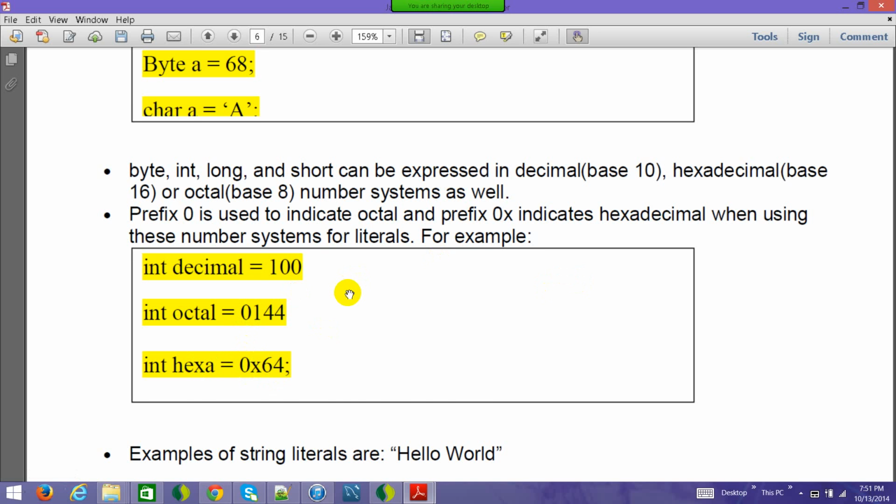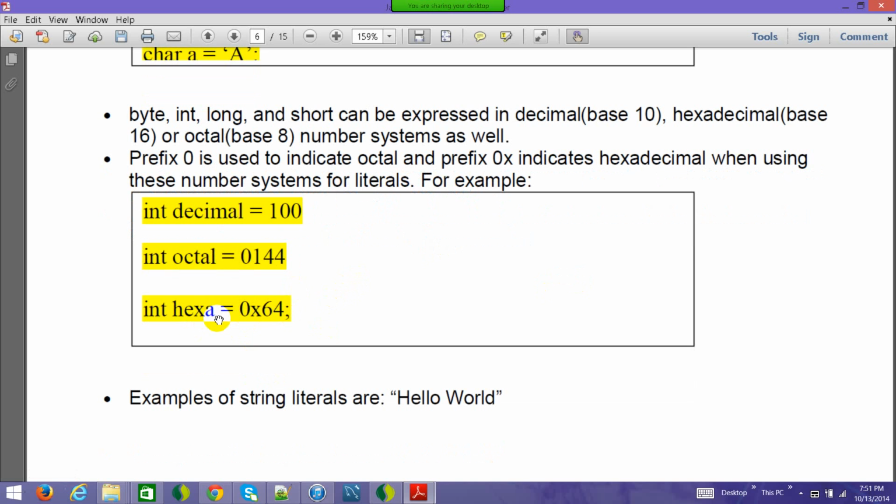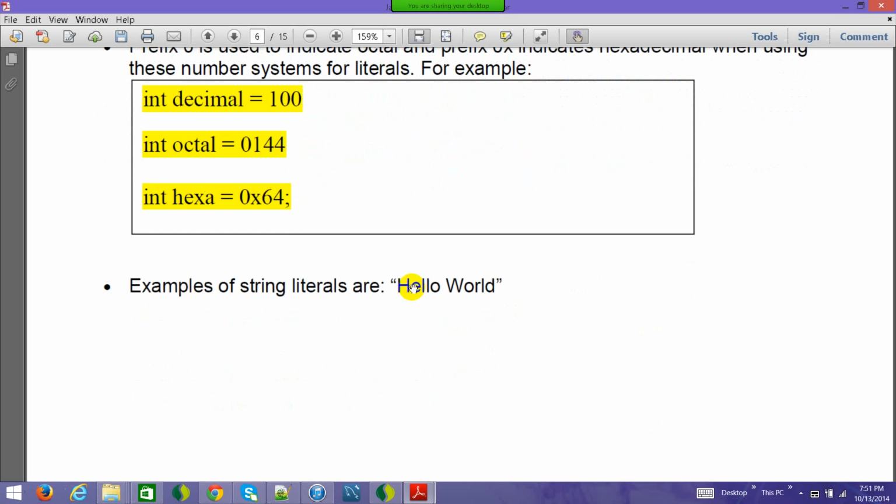So to represent a hexadecimal number in Java, you prefix it with 0x, and to represent an octal number, you prefix it with 0. If you have to represent a normal number like say 1, you just represent it using 1, the normal decimal numbers, whatever we follow. And this is a string literal which is talking about hello world. This is a string literal, and you can have string reference types to refer to it.